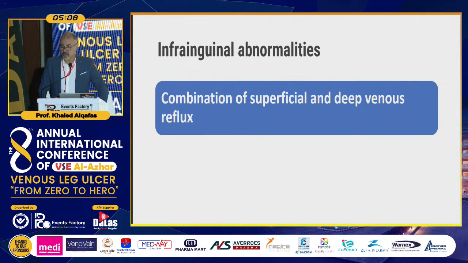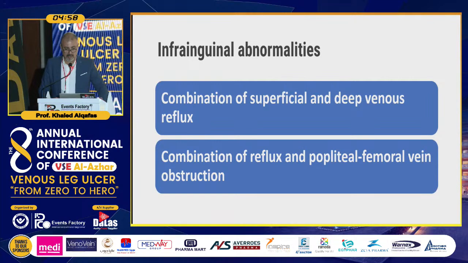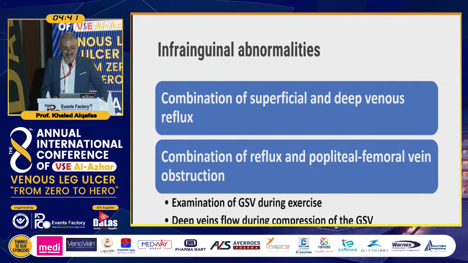The most important issue in our duplex study is to detect infrainguinal abnormalities, either combination of superficial and deep venous reflux, which is common, and combination of reflux and popliteal or femoral venous obstruction. So our role is to detect which one is the predominant, the obstruction or the reflux, to help in planning treatment of the patient. We examine the great saphenous vein during exercise. If there is reflux and the reflux is exaggerated, we have a proximal obstruction at the iliac level,